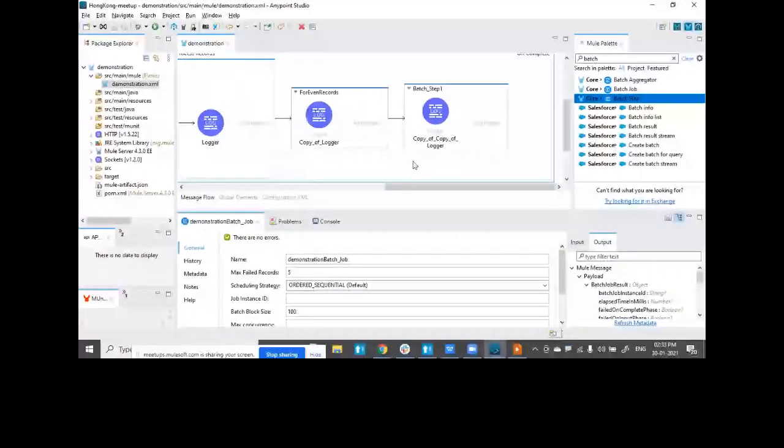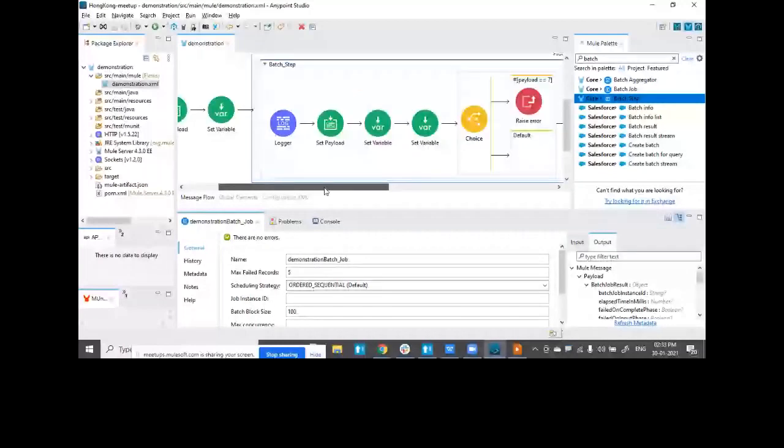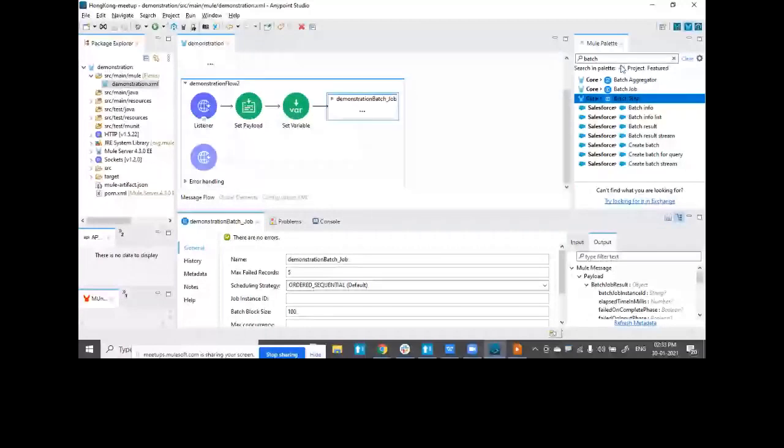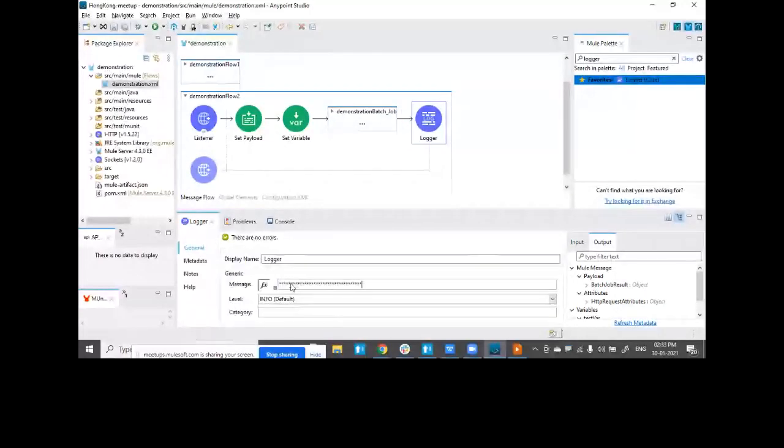If I minimize this batch job, and after this batch job I place a simple logger which gives a simple message, "after batch job", and I run this application, I should get this message even before my batch job has completed. So let me invoke this one last time.